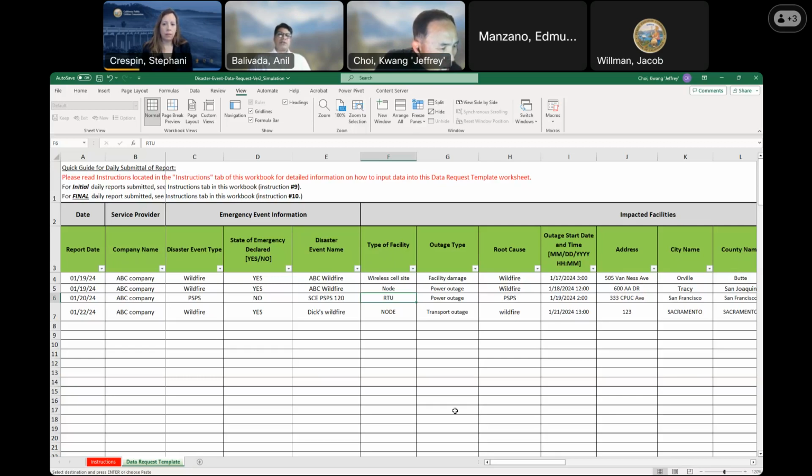So what Jeffrey is trying to say here is yes, you can use the same template, because it's the same one company submitting about two different incidents at two different places, or maybe at the same place. So that information can be captured by this column, I think column C, where you have the disaster event type. You can select that one, and you can apply those rows. So each row is designated for a given facility, right?